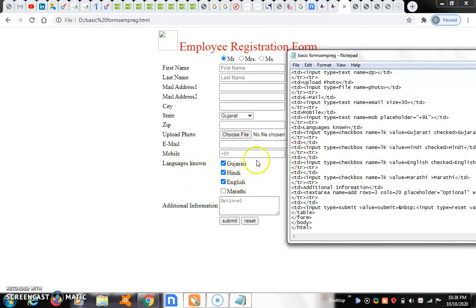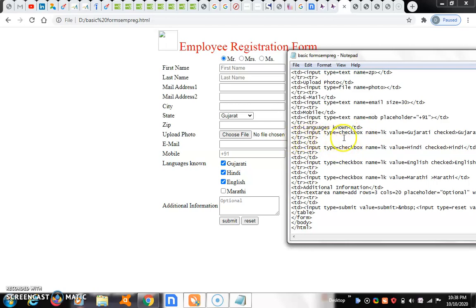Here language known is a checkbox. A checkbox uses a square box, and if you select it, a tick mark will come. Here language known, did you open, did you close.